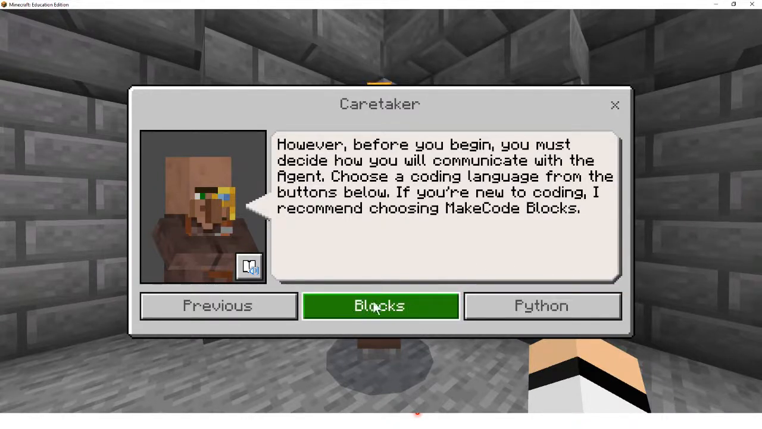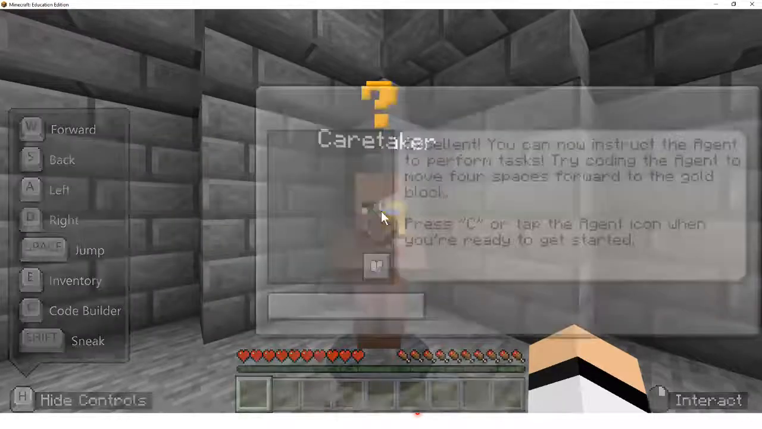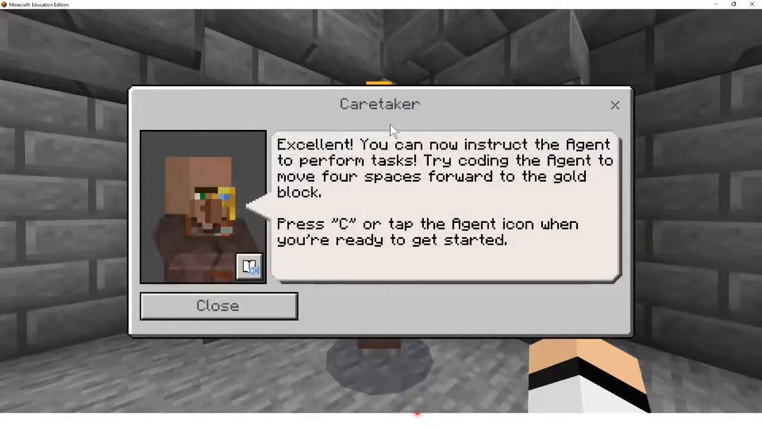So in this case, I'm going to choose Python because I want to show you how you can change the code as long as you're still at the beginning. The part we are at currently is basically like a tutorial. As long as you're inside the castle and the gates are closed, you still have a chance to switch between the codes. So once I've chosen the Python coding here, you can now try and communicate with the